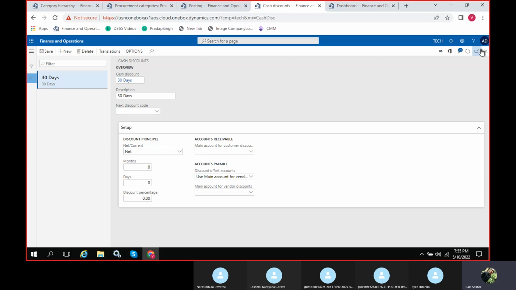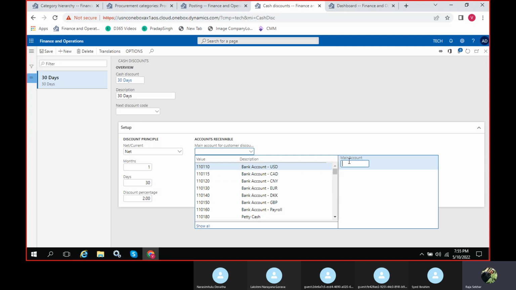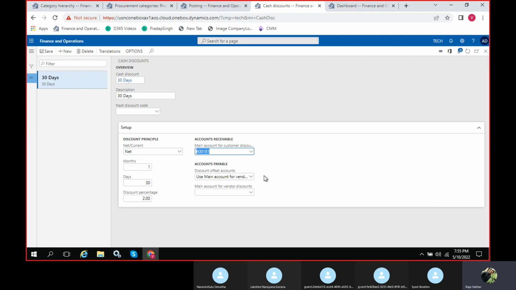This is not required. Okay, and here just give how many days, 1 month, 30 days. Discount percentage 2%. Okay, and the main account for the customer discounts, any discount account is a discount allowed, that is it.